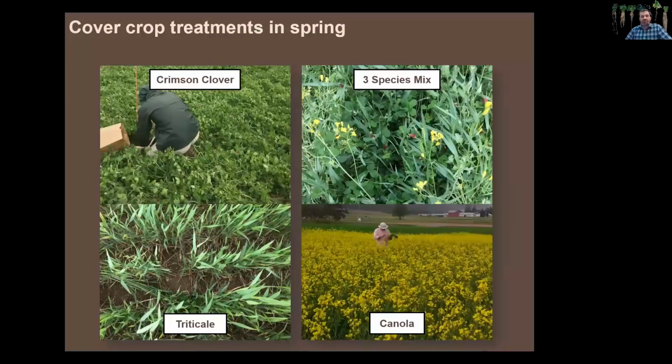So these were some of the treatments I looked at. Because I was looking at roots, I didn't want to look at all 12 treatments or else I would have gone crazy. But I looked at a legume, crimson clover, which is the most widely planted legume in the country, a winter annual cover crop. And this is important to mention, these are all winter annual cover crops, unlike the summer annual cover crops Debbie was talking about. So I also looked at triticale, which is a mix of cereal rye and winter wheat, and